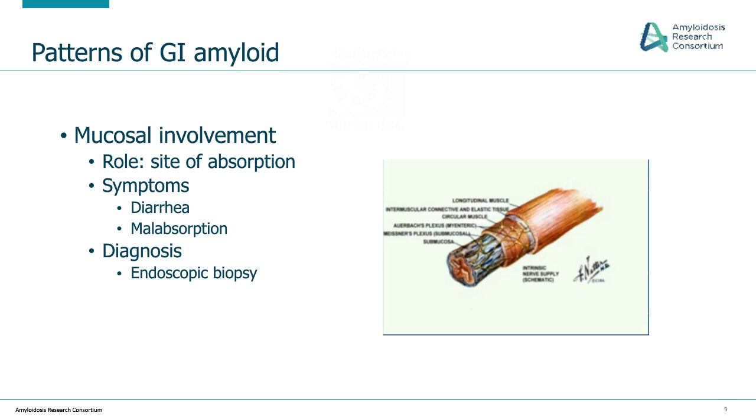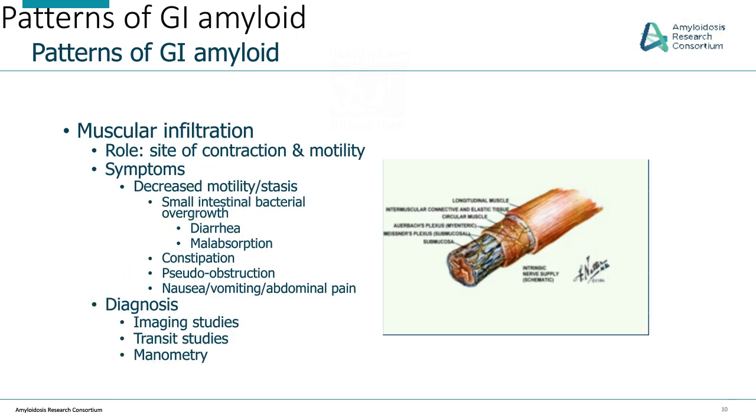If there's muscular involvement, then what we see are decreased contractions within the gut, and that can lead to more stasis and bloating and what's referred to as small intestinal bacterial overgrowth, where there's higher amounts of gut bacteria because they aren't getting cleared and pushed out, and then that induces, at that point, diarrhea and malabsorption. There also can be this entity known as pseudo-obstruction, where sometimes there can be decreased motility leading to gut distension, and it almost looks like someone is blocked or obstructed, but it's more of an issue of contraction and